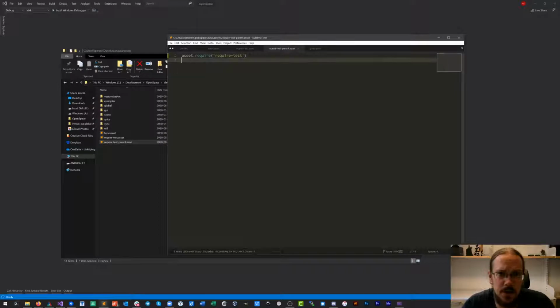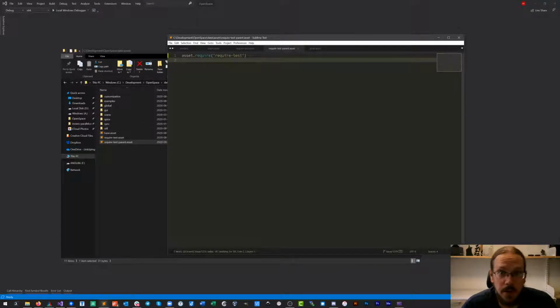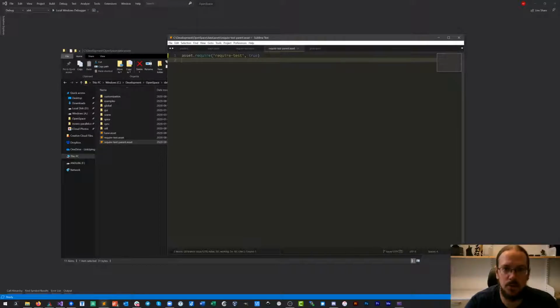So this is all standard in OpenSpace already, that we can request another asset and just load that at runtime. But now the new thing would be that I can say whether I want this to be enabled or not enabled. So the magic here is that this would be happening on the parent level rather than predetermined by us.